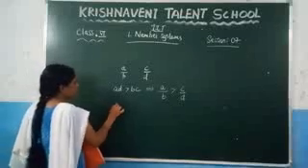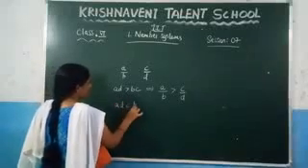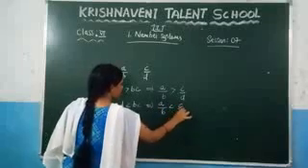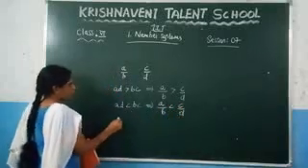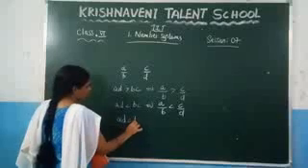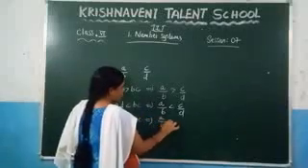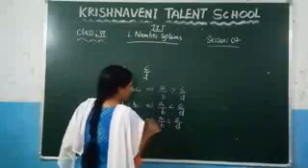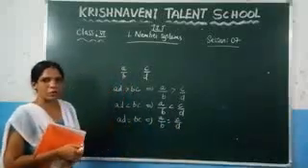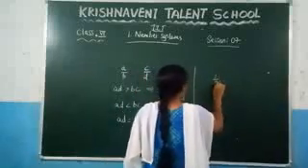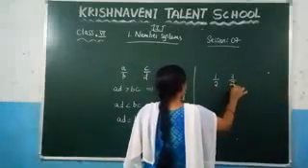Similarly, if AD is less than BC, then we can state that A by B is less than C by D. And the third condition, if AD is equal to BC, then we can say A by B is equal to C by D. Up to now we have discussed how to compare two fractions. Suppose you are given two fractions, 1 by 2 and 3 by 2.